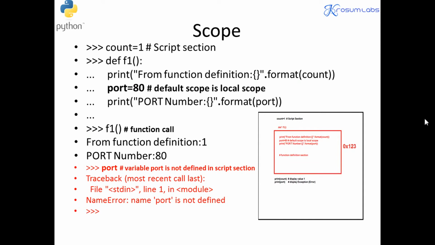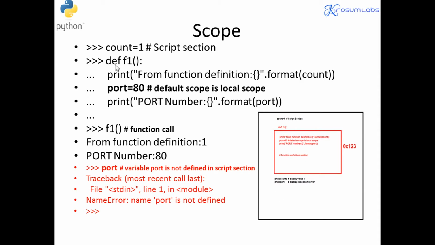In this session we concentrate on scope usage, the lifetime of your variable. See the picture here. When you're writing a function, the code block will look this way. The outer box is called the black box. This is the complete script section code. What we write inside this function subroutine is a separate code block structure, that is called a definition section. Say, for example, I declare the count value 1, that will be outside the function. From our programming point of view, it's like script section code. What are the black fonts? It's all script, the main script section.